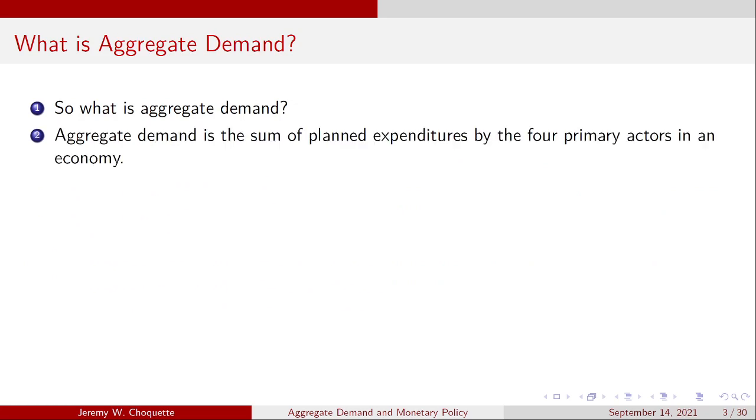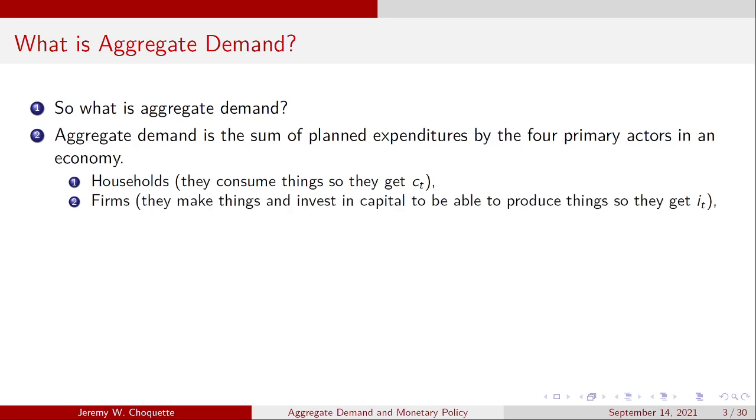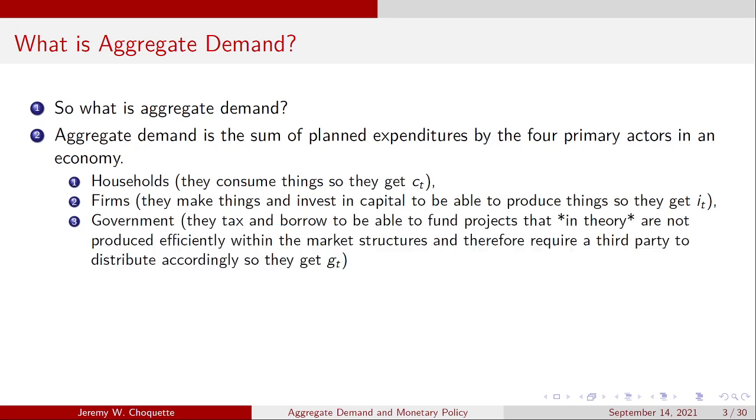So, what is aggregate demand? Well, aggregate demand is the sum of planned expenditures, or desired expenditures, by the 4 primary actors within an economy. We've got households, right? And households consume things, so they're going to get this little C subscript T. We've got firms, right? They make things, they invest in capital in order to be able to produce things, so they get I. We've got government, well, they tax and they borrow to be able to fund projects that, in theory, should be provided to produce efficiently